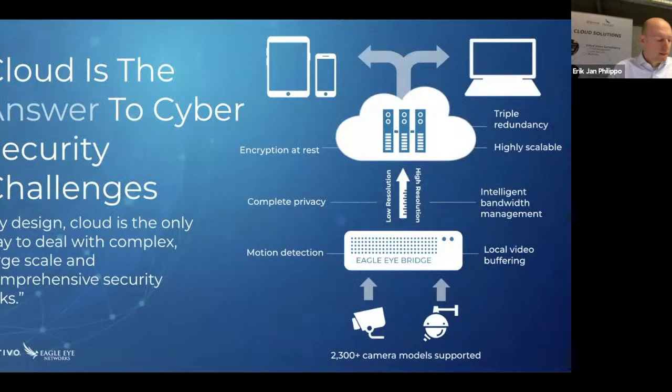Okay, so how do we do that? One of the things we do is the cyber lockdown feature, which prevents the cameras from reaching the internet. One of the reasons why the Mirai botnet was able to attack is because the cameras were reachable on the internet. And with Eagle Eye Networks, this is not the case. So there's no port forward, and there's no way to reach the cameras. You can reach Eagle Eye Networks cloud APIs, which are heavily secured. The other way is that everything is encrypted, and there is a strong focus on security. So what we do is,